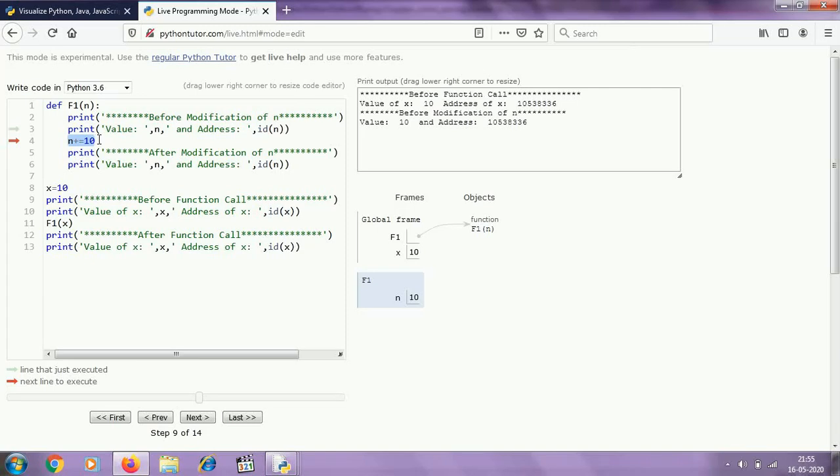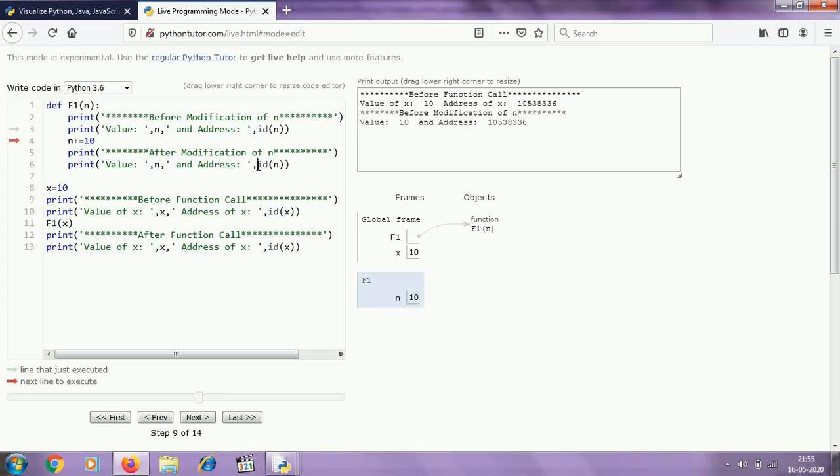That means an object 20 will be created in the memory and n will store the reference of this object. So after execution of this statement, the value of n will be 20 because current value is 10, and after execution of this statement, updated value of n will be 20.